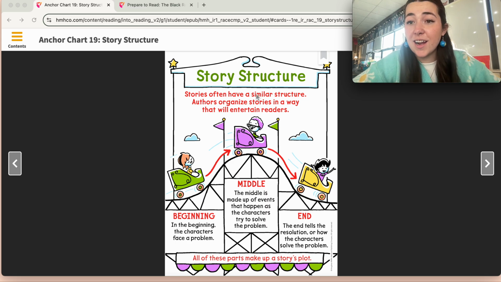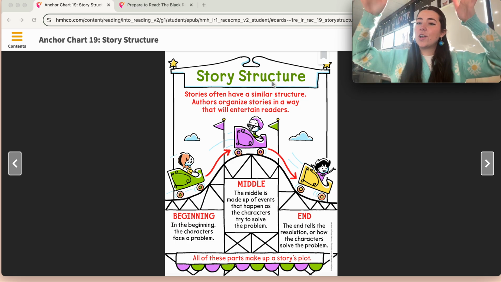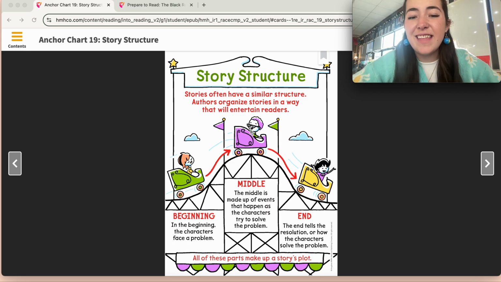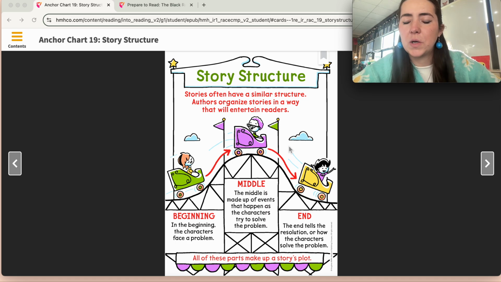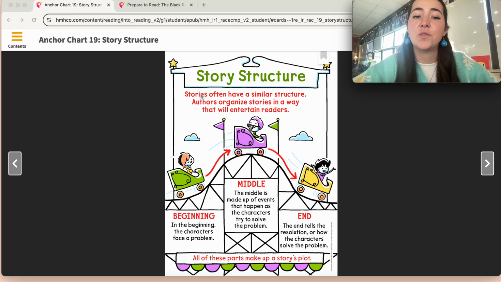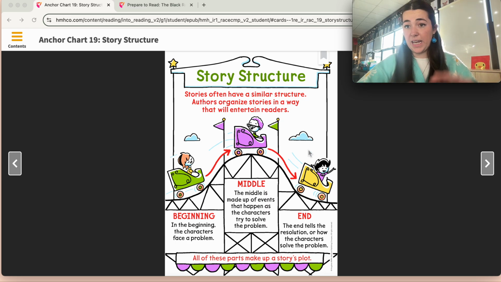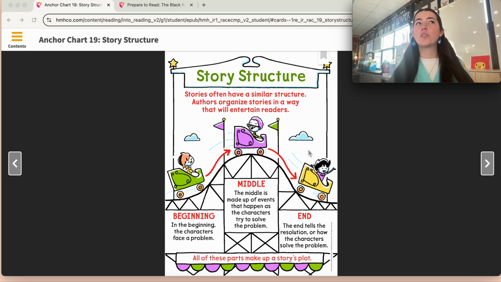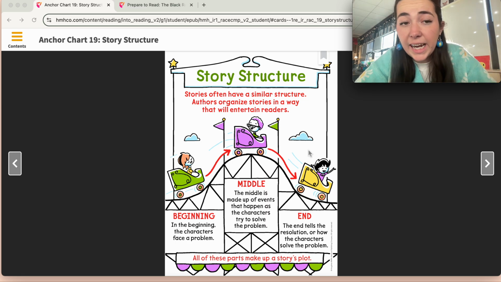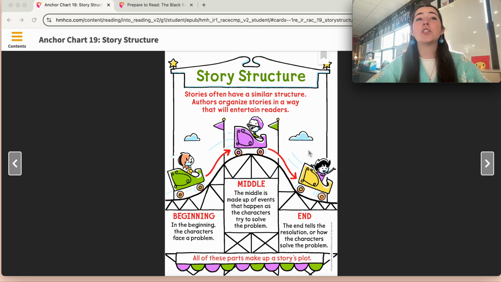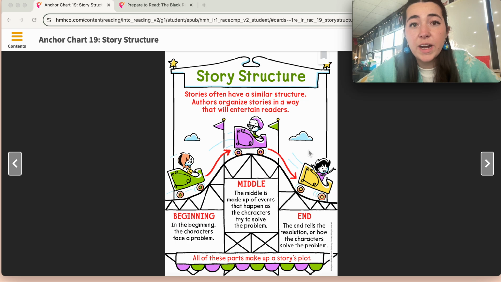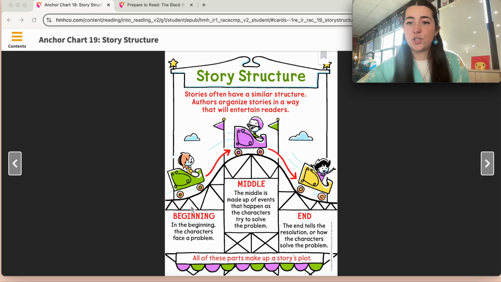So our anchor chart today is on story structure. Think of it like a roller coaster, like this anchor chart presents to you. Stories often have a similar structure. Authors organize stories in a way that will entertain readers. So the reason that authors write stories a lot of time is to entertain you. And that means to make it so that you enjoy listening to their story and that it's fun and exciting for you. So think of it as a roller coaster, and you start in the beginning over here,